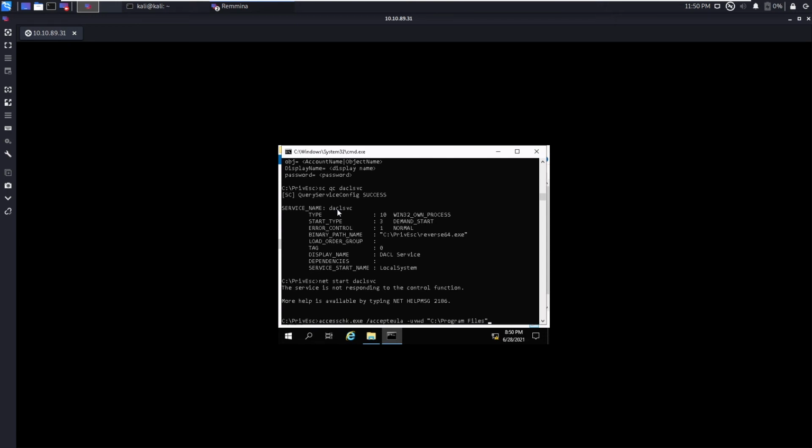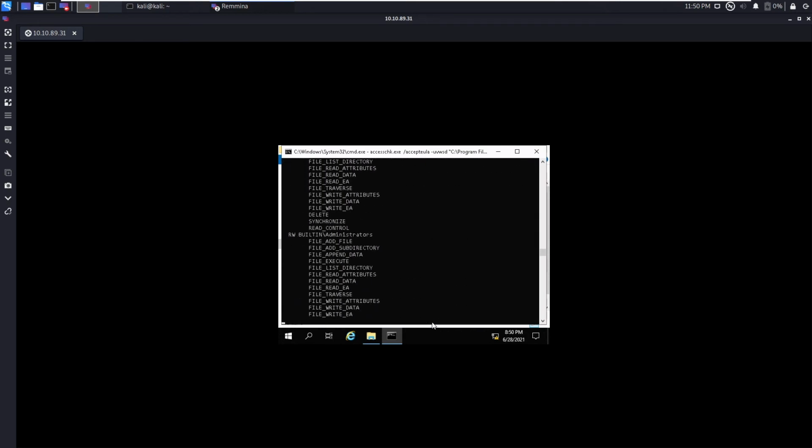So Program Files. So I want to search for all the directories from C:\Program Files, and I want to put the /s, because to search recursively. So from there onwards, I want to check whether I can write or not.